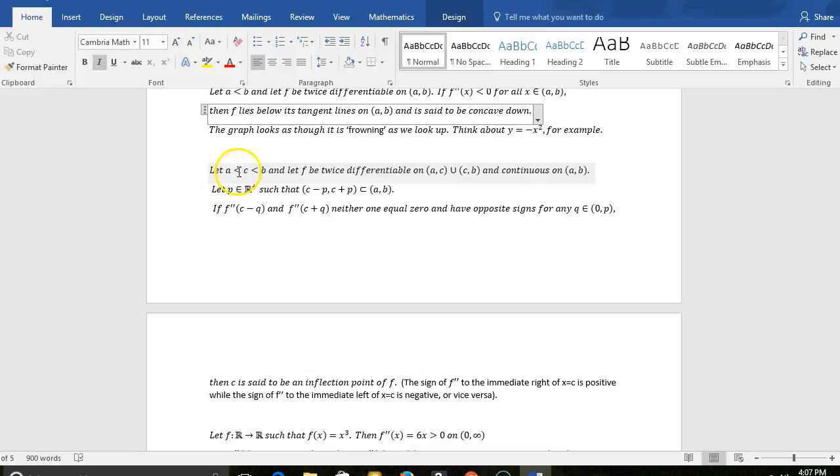Let A be less than C less than B, and let F be twice differentiable on the interval A comma C, or should I say the open interval A comma C union the open interval C comma B, and continuous on the overall open interval A B. Guys, keep in mind, this is really just the open interval A B with the point C deleted out of it. So we are defined and continuous at C,